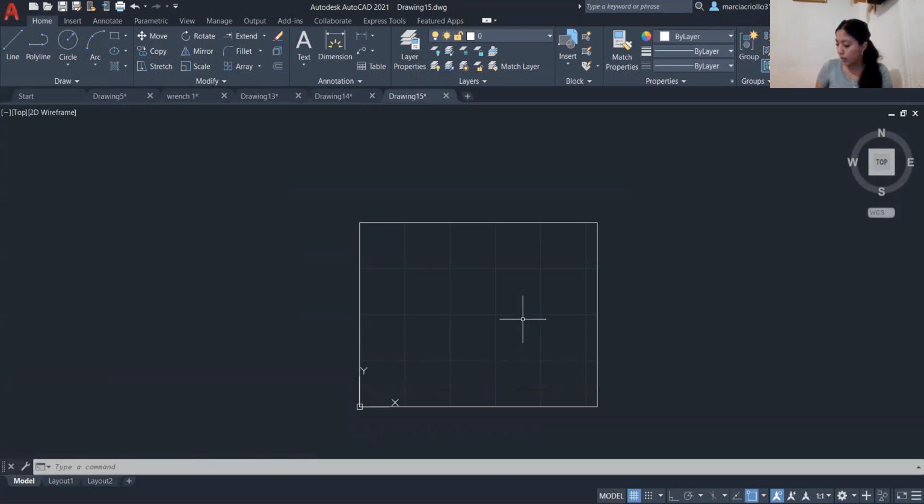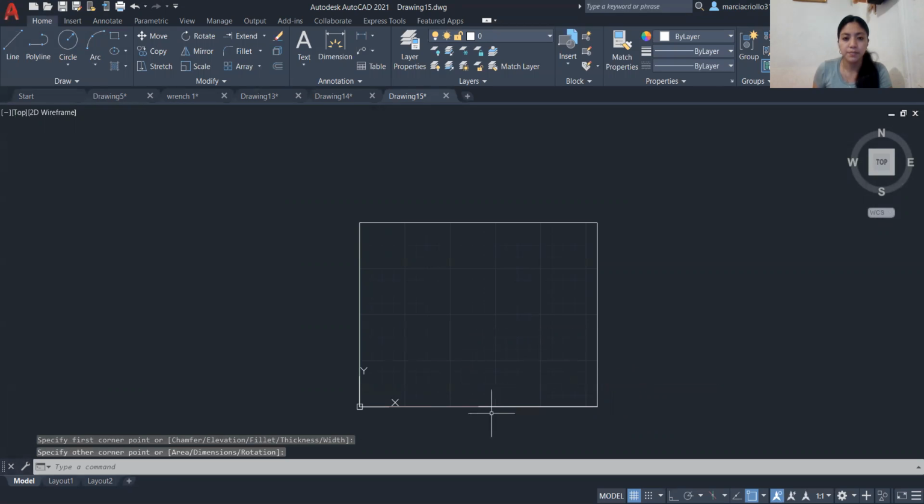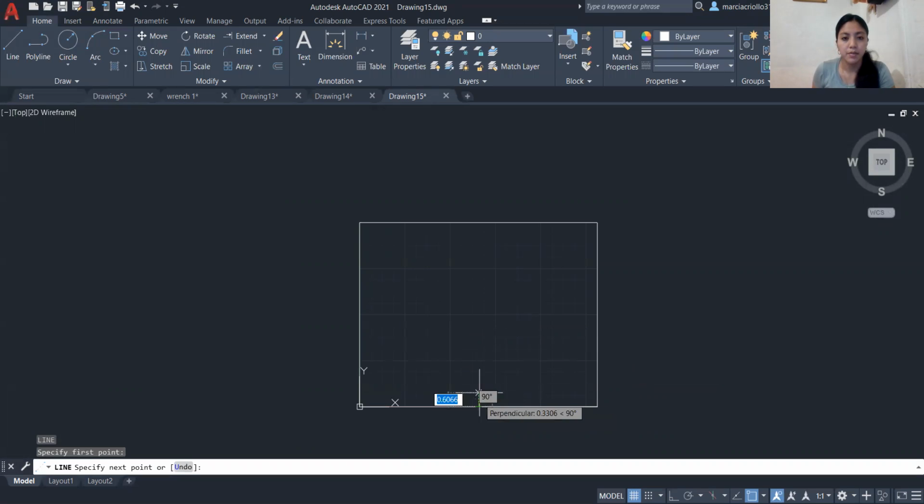Then after that, what I did was draw the title boxes right here. What I like doing is basically having the borders and all those small features for drawing first, so then I will know where to locate my dimensions and my drawings and where to start. So to do this, I went to rectangle. I started off here and then I connected it over here. And when drawing this, you put line, you click it right here,